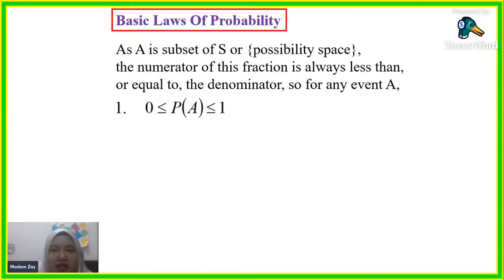Okay, so A is a subset of S. The probability can be 0, it can be also 1. Okay, so if it's 1, and if the probability of A